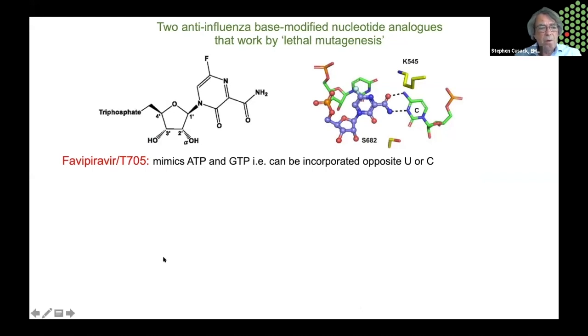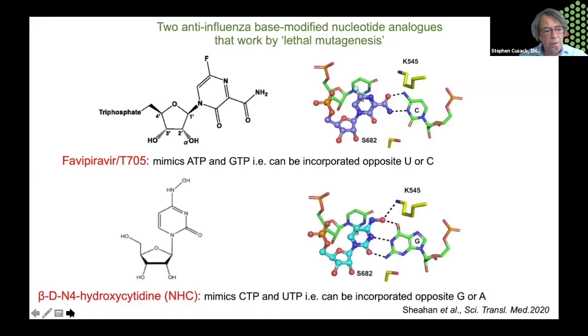This particular one mimics ATP and GTP, and it functions by what's called lethal mutagenesis, which means that once it gets incorporated into the product strand, you're losing coding fidelity, because the incorporated nucleotide analog can mimic either an A or G and base pair with a U or C. So any subsequent copying of the genome strand will give rise to errors.